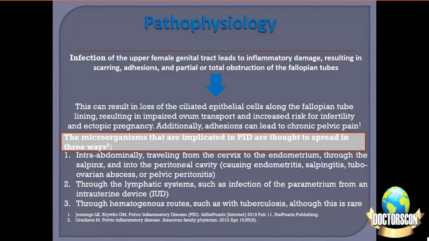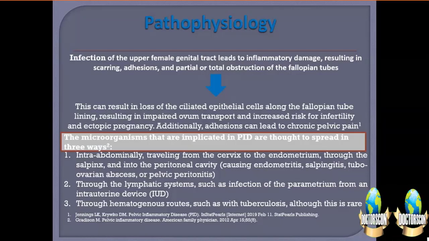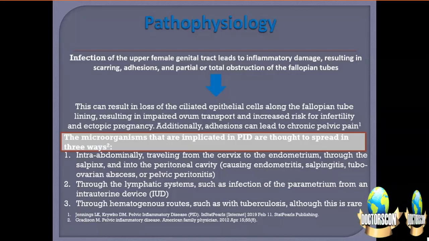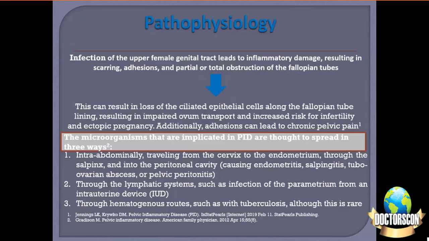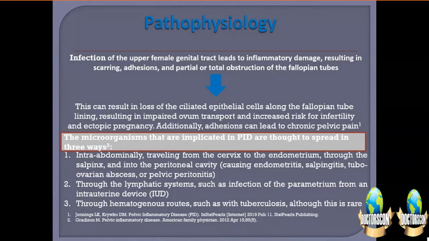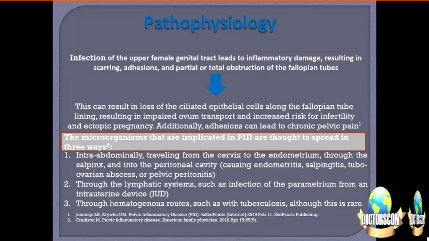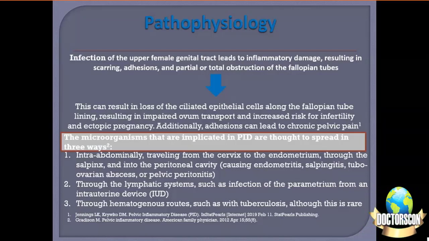So this is just to explain the pathophysiology. You can see that the microorganisms from the lower genital tract can ascend into the endometrium, fallopian tubes, and into the peritoneum. The sexually transmitted organisms like Neisseria and Chlamydia have been isolated from the cervix, endometrium, and fallopian tubes of women with histologically confirmed endometritis and usually confirmed salpingitis. They are universally accepted as etiological agents of PID. So these two, Chlamydia and Neisseria, are globally the most important and the most common organisms implicated in pelvic inflammatory disease. Next, please.